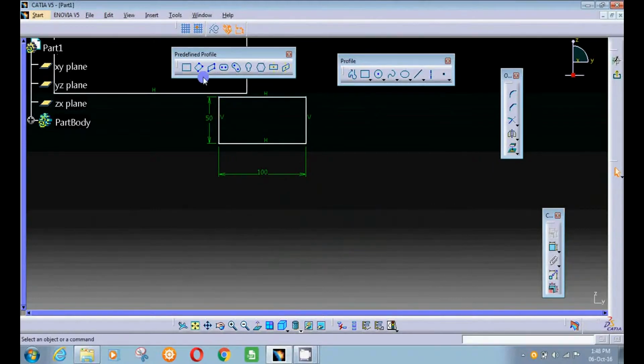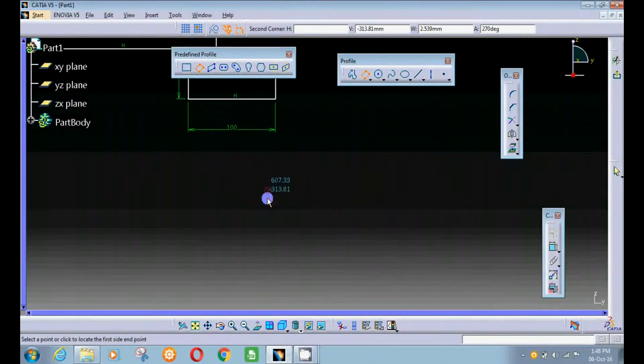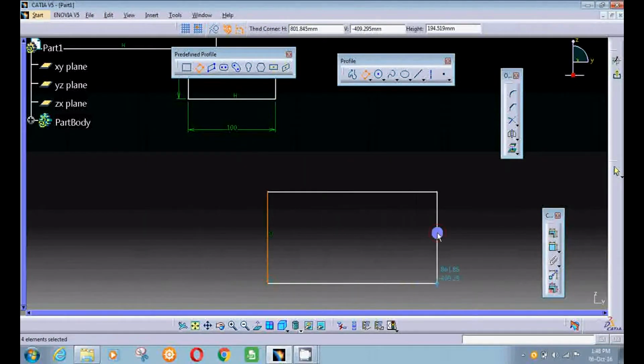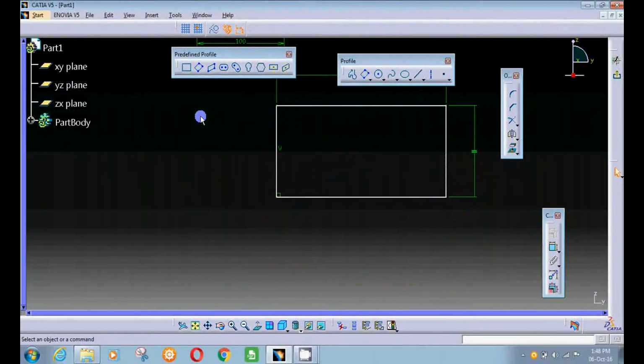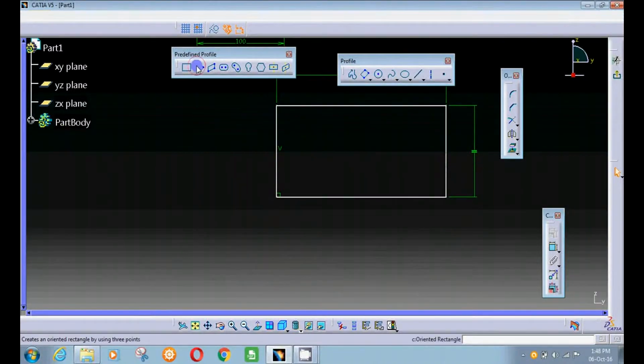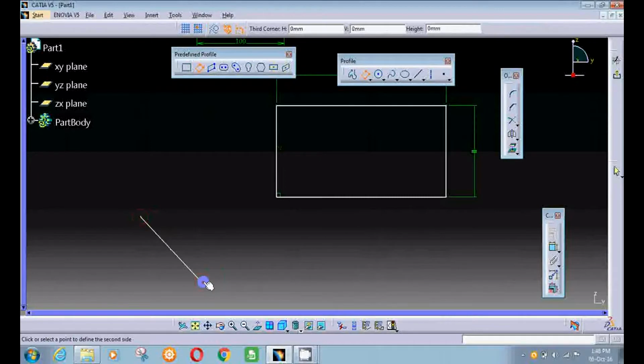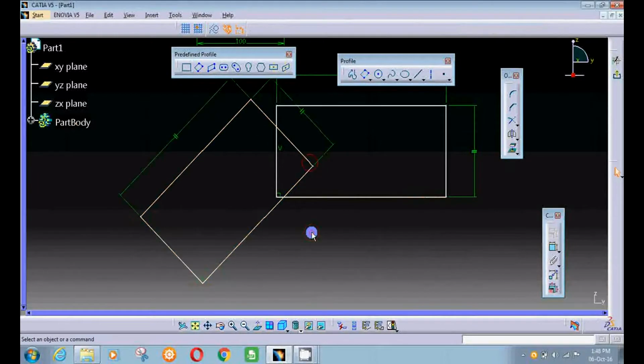The second command in Predefined Profile is oriented rectangle. For this you have to give the first point, second point, then third. You can say that it's a 3-point rectangle also: first, second and third.